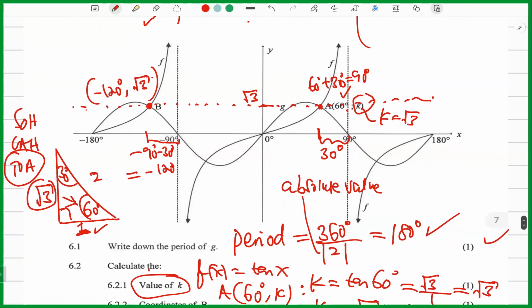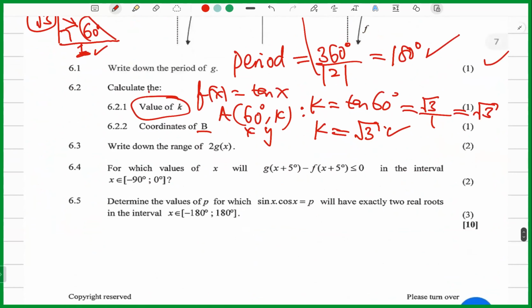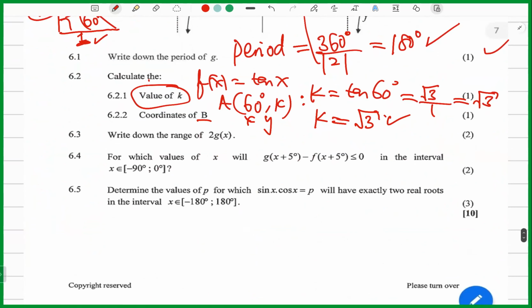Okay, so we continue. Hey, I lost track of time a little bit, but yeah, we are pretty okay. All right. So we found the coordinates of B. What are the coordinates of B? So in 6.2.2, the coordinates of B are minus 120 degrees and the square root of 3. Write down the range of 2